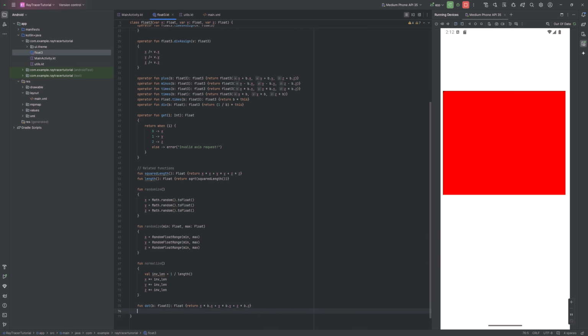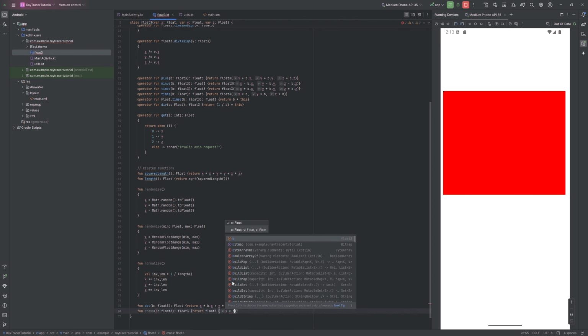Then the second part, well, there's a dot product. We said there's also going to be a cross product. So we need that as well. Don't worry, we're not going to touch these again. And so for this, it's a slightly different thing. This returns a float 3. And so we're going to say return float 3, and basically just what you expect. So we have B, we have